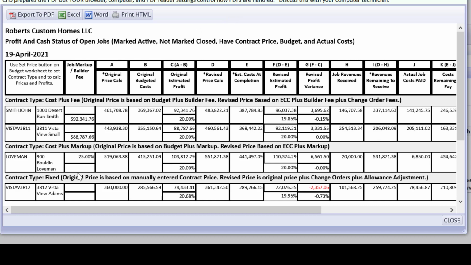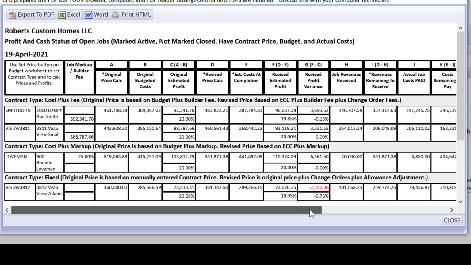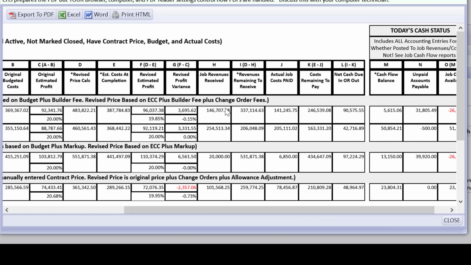First of all, CHS is smart about dividing these things into cost plus markup, cost plus fee, and by that I meant these jobs, and showing you the original price that you entered, the original budgeted cost or estimate, your original estimated profit, the revised price calc, which CHS is really smart about and constantly revising for you based on the type of job. Then it's showing you your current costs that you're estimating as of today for when the job is completed and what your revised estimated profit is, your revised profit variance,